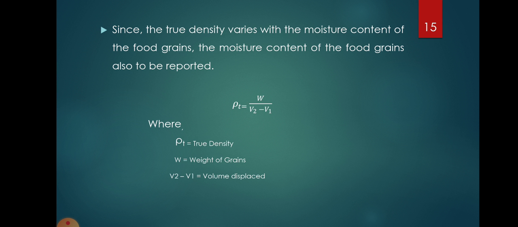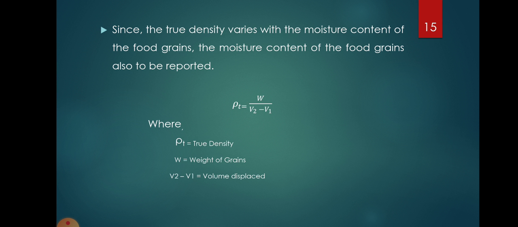It means at what moisture content how much true density decreases, or what is the value of true density at a particular value of moisture content. For that purpose we have to also determine the moisture content